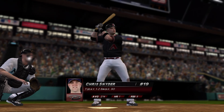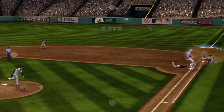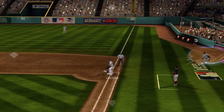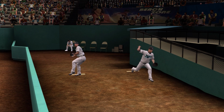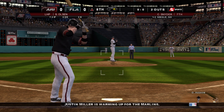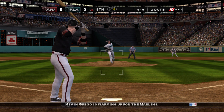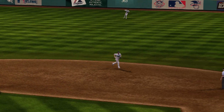2 down, a runner at first. Over to first. A dive, but he's back in easily. The Florida Marlins with some double-barreled activity going on in the bullpen, Joe. Well, the reason I think they've got 2 guys throwing, John, is that they don't know which guy they want to go to next. And by getting this is swung on, and a liner, Ugla, puts it away for out number